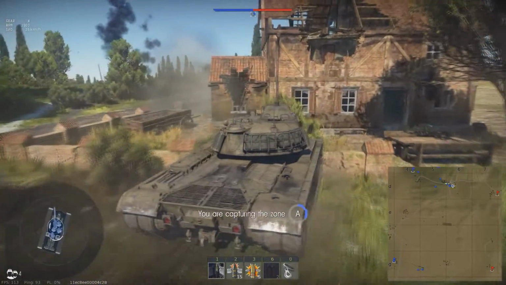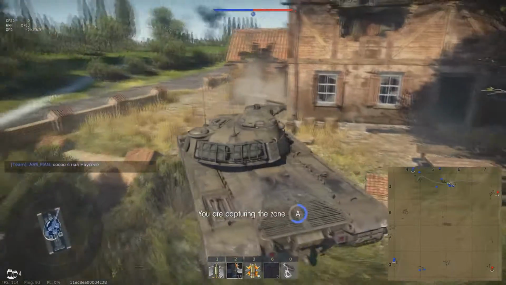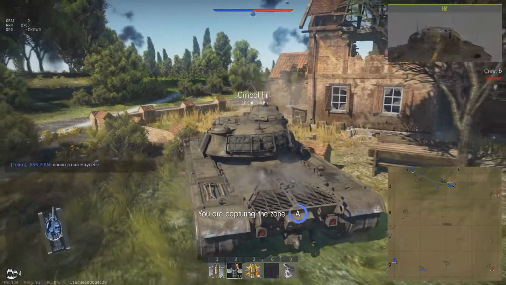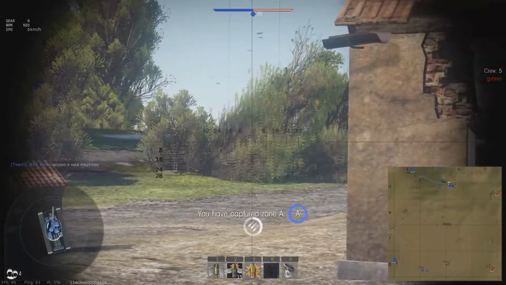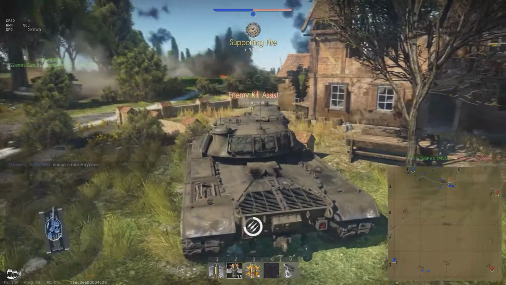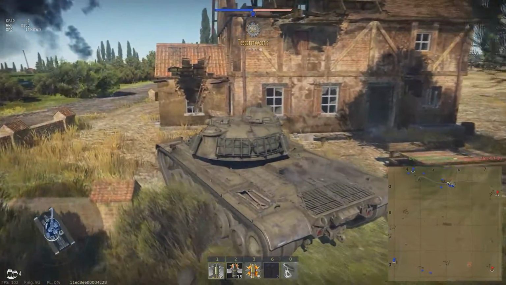So there is our first enemy, a ZSU 57-2. They are very dangerous for this tank, and I actually crit him with my machine gun. But he has two gunners, so don't get fooled by that. But he gets taken out by a Sheridan. So we captured the point, and